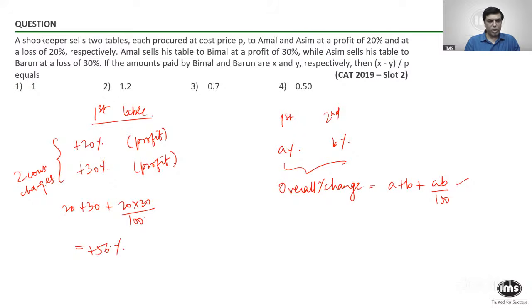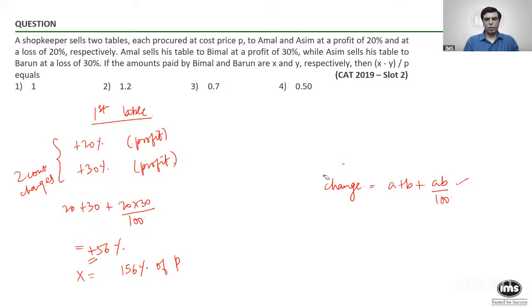Which means we can say that the price that Bimal is paying, X, is nothing but 156% of P, because it is plus 56. So 156% of P. And now once we know that, in case of consecutive changes, this is the formula we can apply. You can see that on the second table also, what we have are two consecutive changes only, same numerical values, only difference being their losses. So if we just do this for the second table,